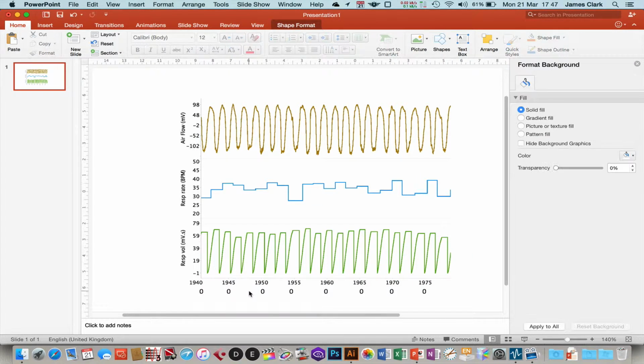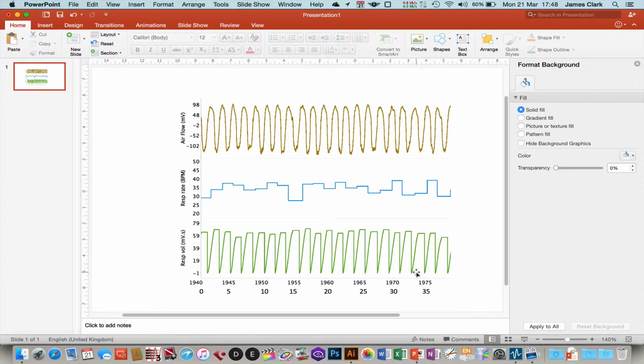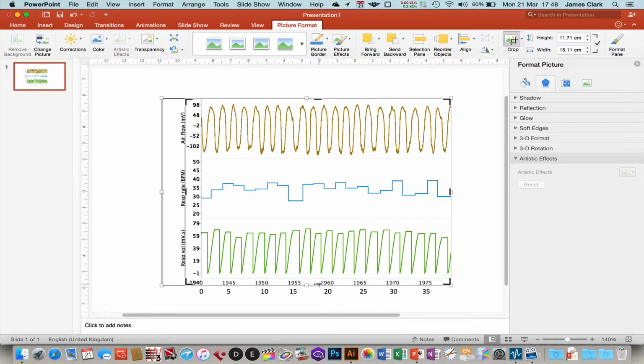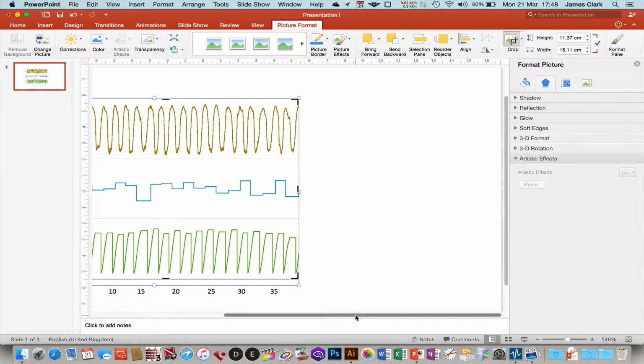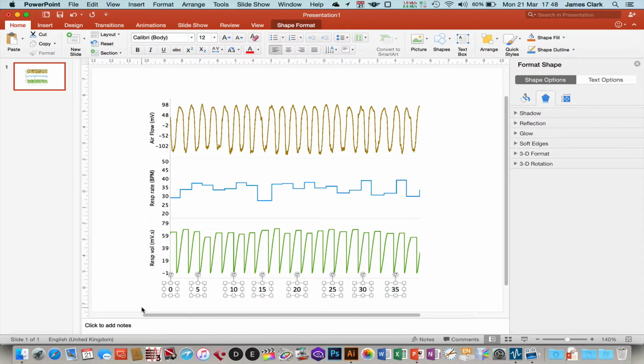And then, of course, I can edit this number and replace it with a 5, a 10, 15, 20, etc. So let's just do that quickly. So that's replaced those numbers now. So all I need to do is go back to my crop tool, which is in the picture format tool, crop out those numbers because I don't want them there. That's good, that's gone. Select my new numbers, which are down the bottom, and just move them up so they're